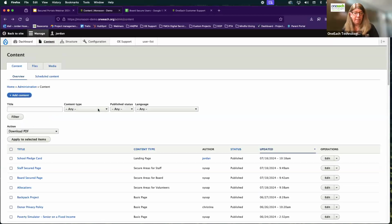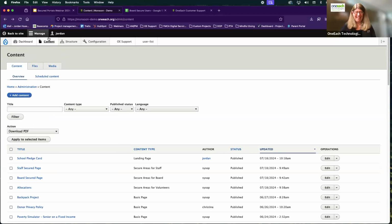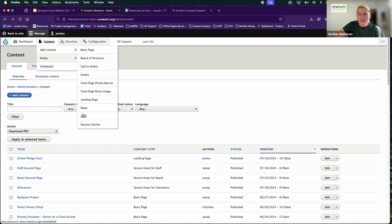That would be a ticket that we would put in, because you should see that as an admin. They were probably created under the SysOps level. Yes, so I see them in my content type drop down here. Oh, yay. You should see them under content, add content. You'll see whatever you told us to title that secure area, that will be the name of it showing up